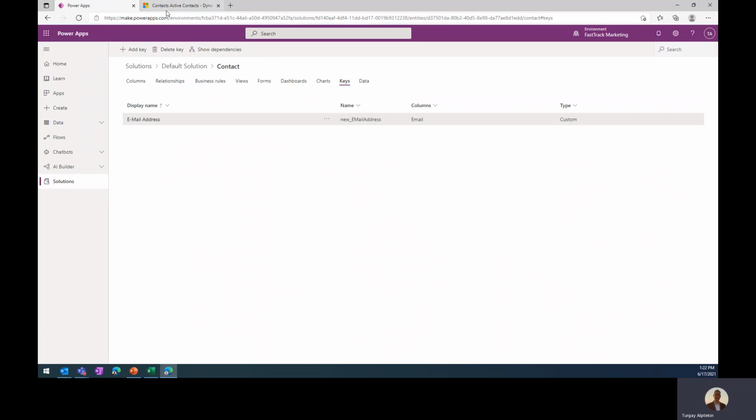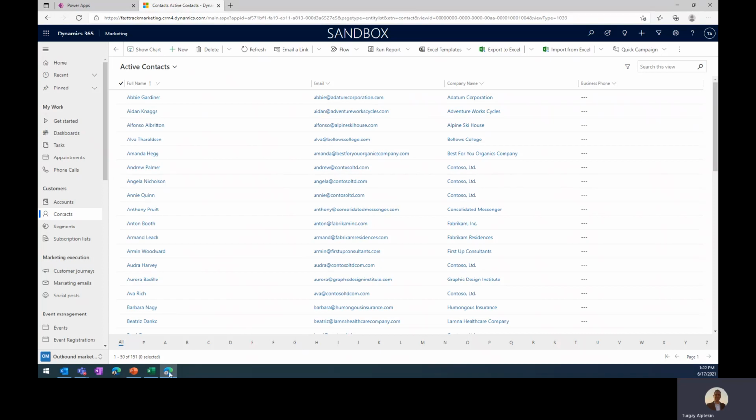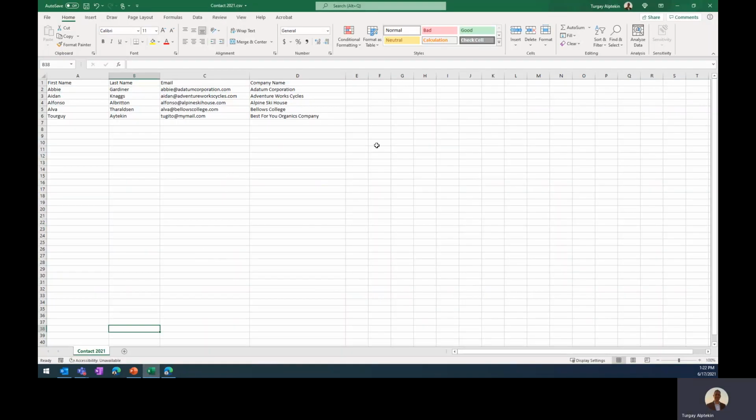And after we define all the keys and the column, we can prepare our spreadsheet. So let's imagine that you have gathered that spreadsheet from one event, and just for demo purposes, let's name it as Ignite 2021 event. So we have gathered these 5 contacts, and what I'm going to do is to just